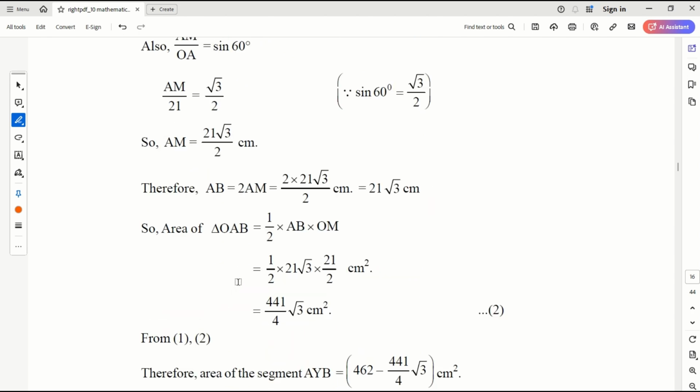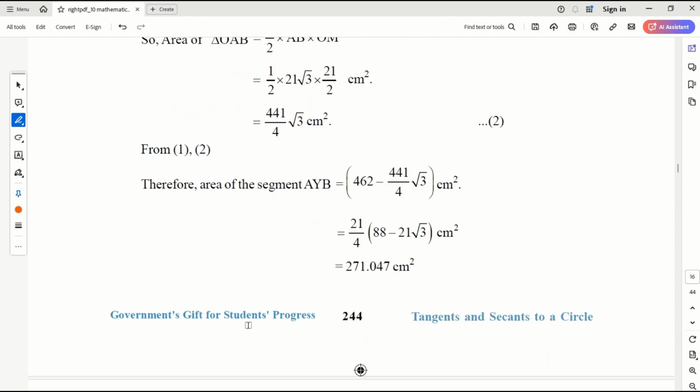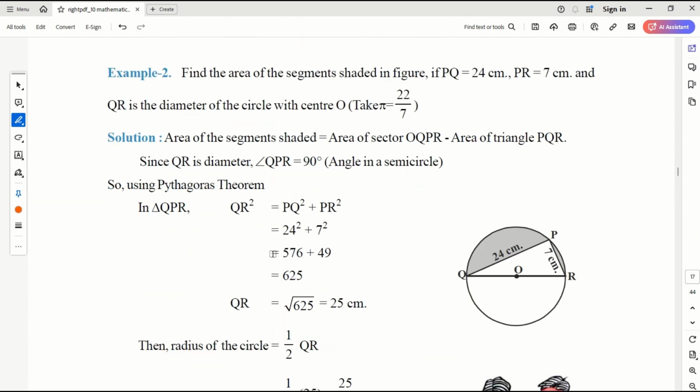With that you can get the triangle area. Now the area of the segment is basically the subtraction of both the values 1 and 2. Okay, next. Find the area of the segment shaded in the figure if PQ equals 24, PR equals